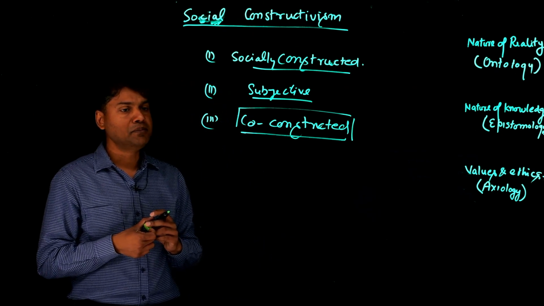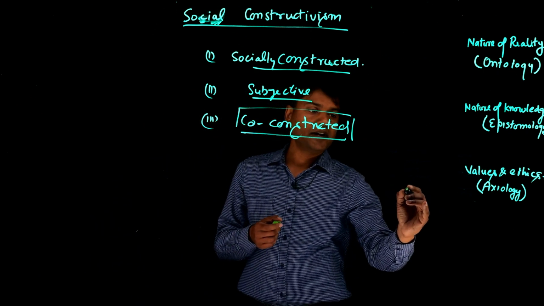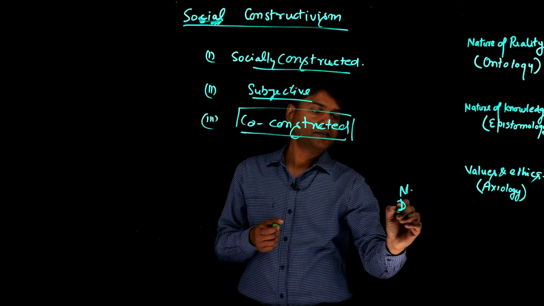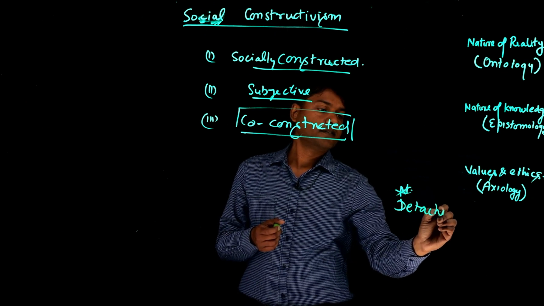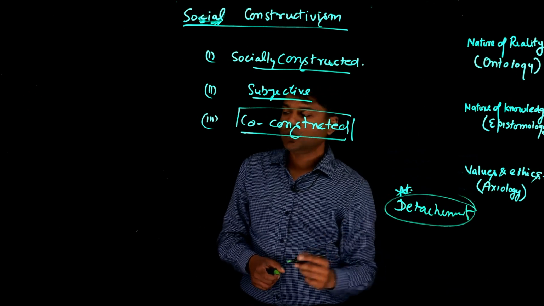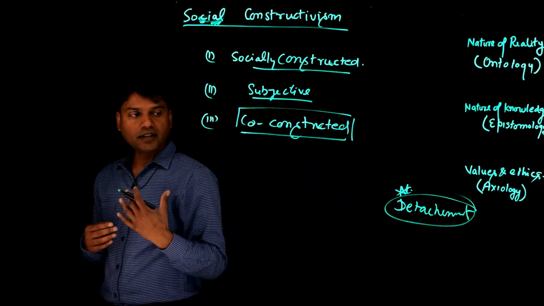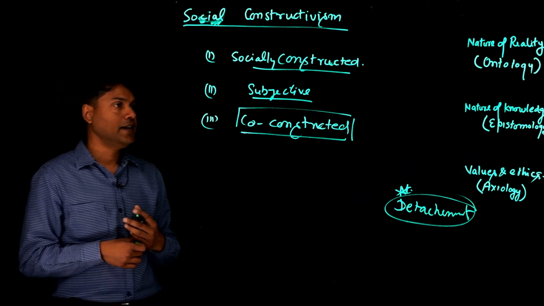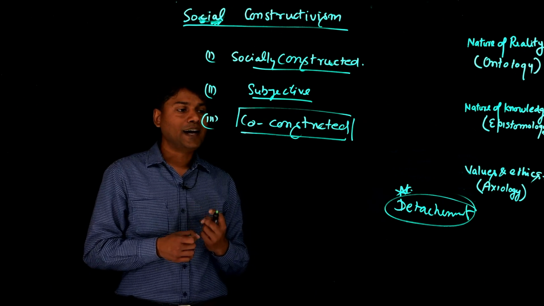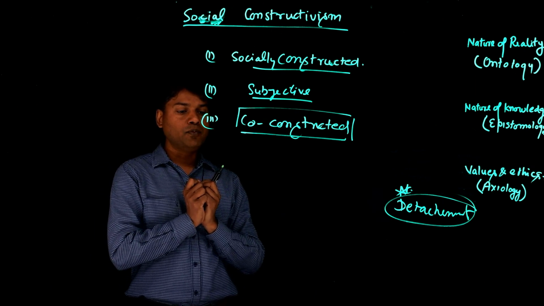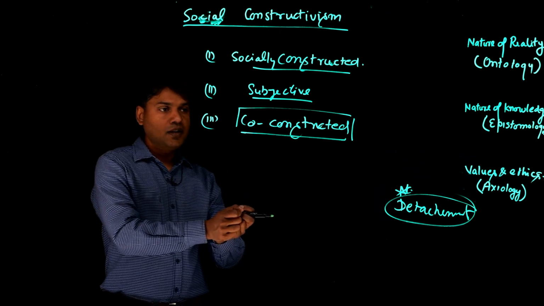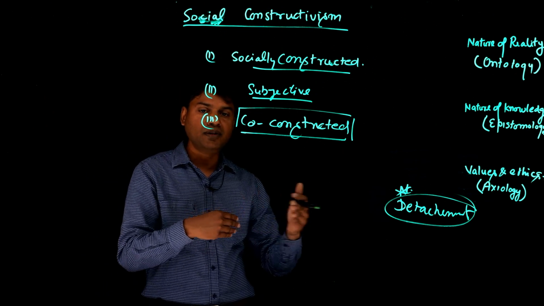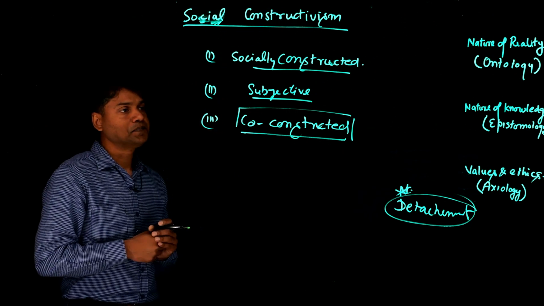process. You remember in our previous two paradigms, we had this stance of detachment. The researcher is detached in an effort to achieve the highest level of objectivity. Here they say this doesn't work. You have to be actively involved in that process. And when you are talking to your research participant, in that process of engagement, new knowledge is generated.